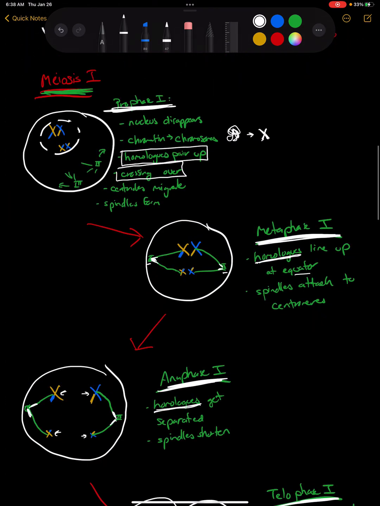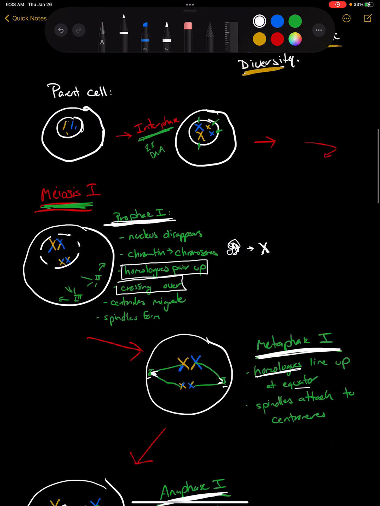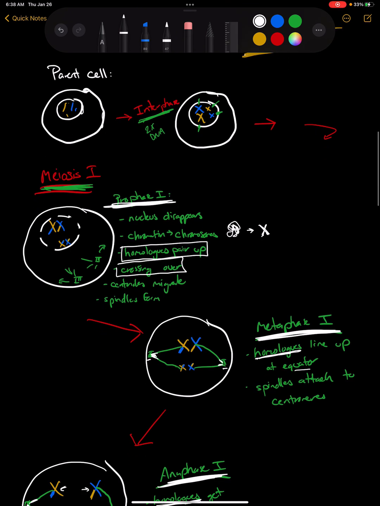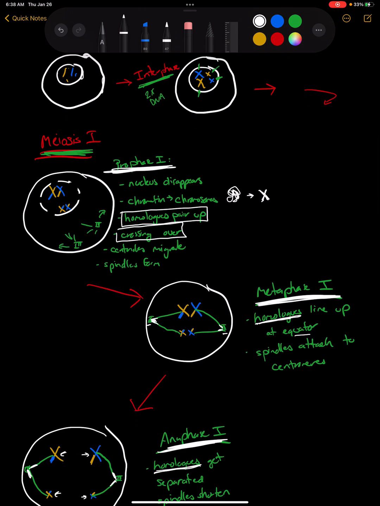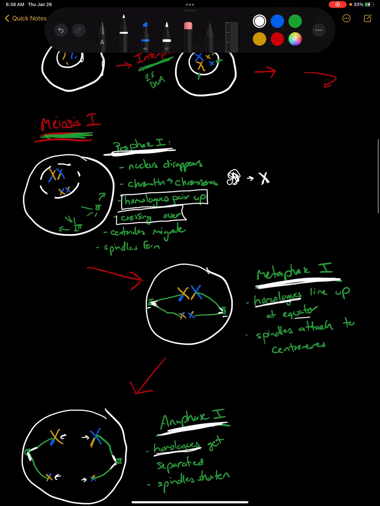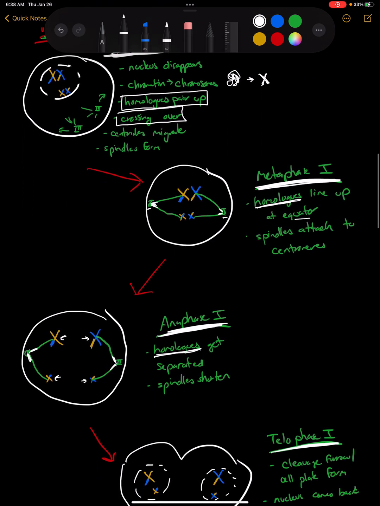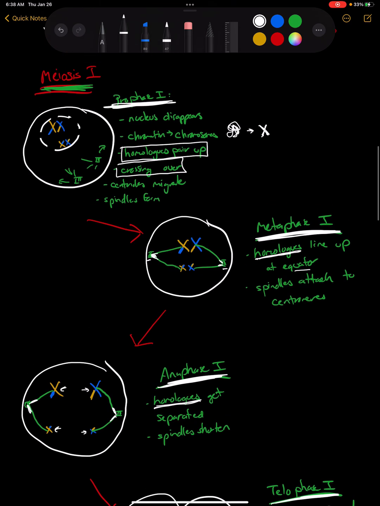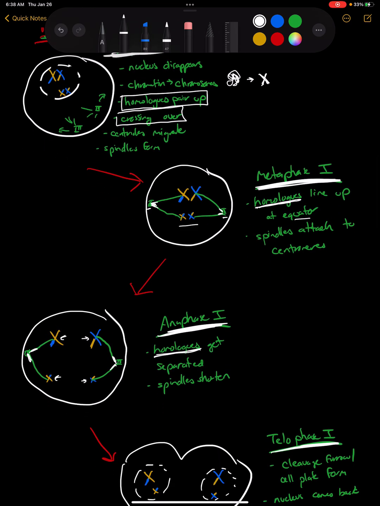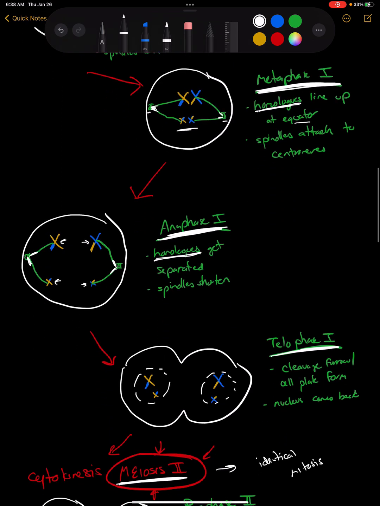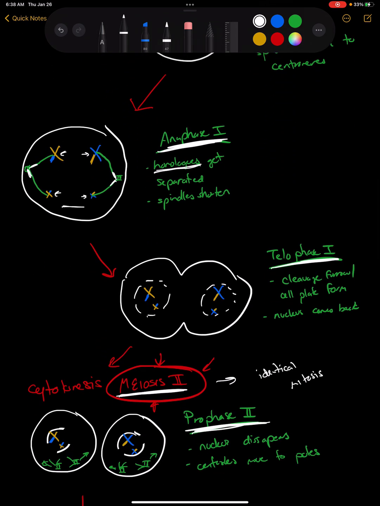There you go. Okay, so let's go back through it really quick. So there's your parent cell, 2 big sticks, 2 little sticks. DNA doubles, so now I get my X's. In prophase 1, they pair up and they cross over. And then the entirety of meiosis 1 is about dividing these homologs. So there they are in the middle. Now they're being pulled apart. And now I have 1 in each new nucleus.